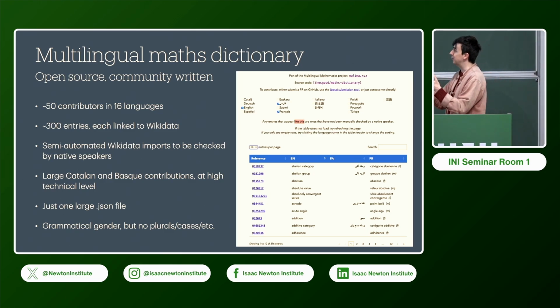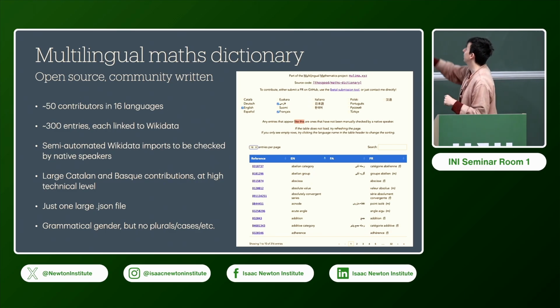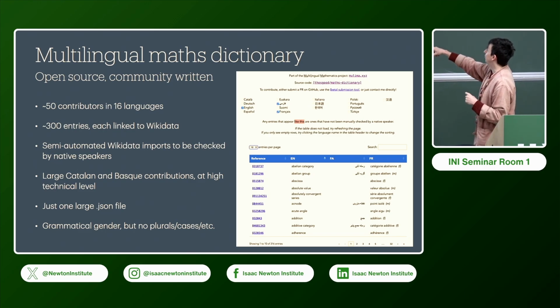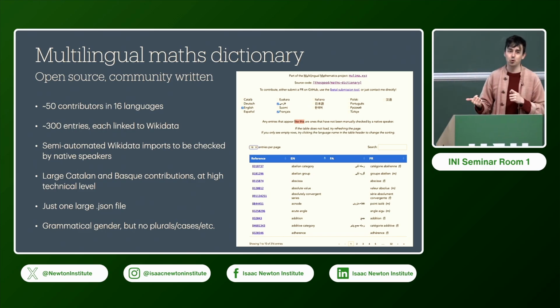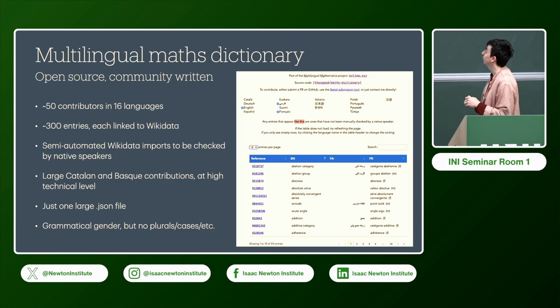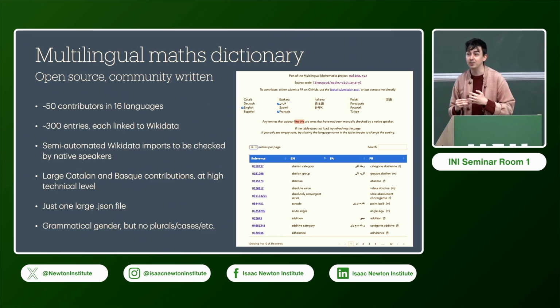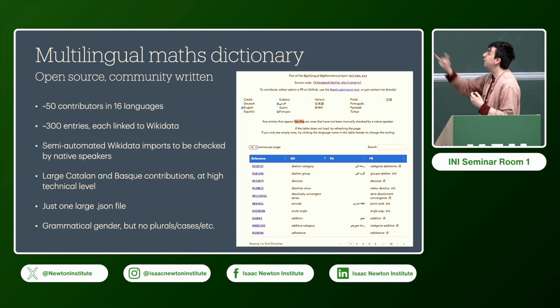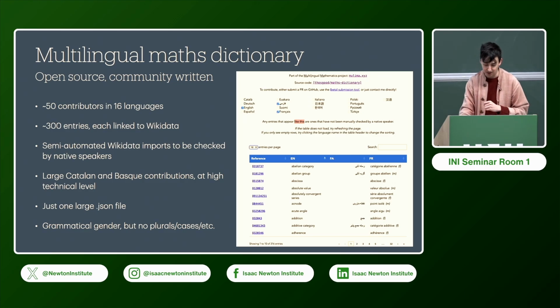Can this be a nice place to bring together all of this stuff? At the moment, this is just one big file with a nice web interface. As you can see, gender is an important thing to put in any dictionary, but I'm going to talk about this later. This dictionary has a lot of shortcomings. It's something I would very much like to work on to improve. But it's been a really nice community project to see so many people get interested in it. Like, 50 people have never even read one of my maths papers, so it's a very nice thing that 50 people at least have seen this.